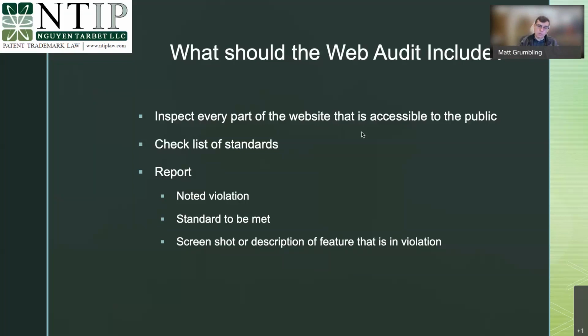Another thing is color blindness, right? So there's a standard for meeting color blindness. There are times when you might have a pie chart that has green and blue on it. If you have individuals out there who aren't able to discern green from blue, that's a problem. You might either need to change the color that's there, or you may need to provide some sort of a text-based description of it that is readable by a text reader, that is readable by somebody with diminished eyesight.